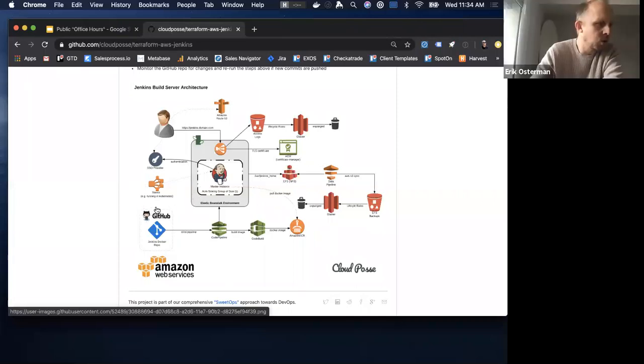So yeah, that's a good question. As you see in the annotation here, this was designed so that you would then point Jenkins at a Kubernetes cluster. First of all, if you're not using Kubernetes, it's kind of moot. You'd have to do something else. In our thinking, we created Jenkins as a standalone instance in Beanstalk running outside of Kubernetes so that we could run the GitOps commands to administer Kubernetes itself, so that basically Jenkins could rebuild the Kubernetes cluster if we wanted to. So one way is to have the slaves running as EC2 instances, for which there's just a plugin, and the other is running those slaves as